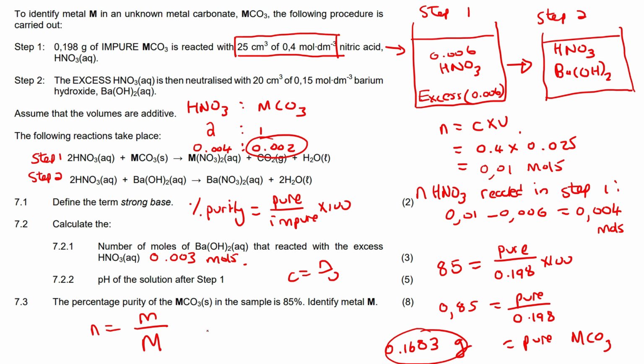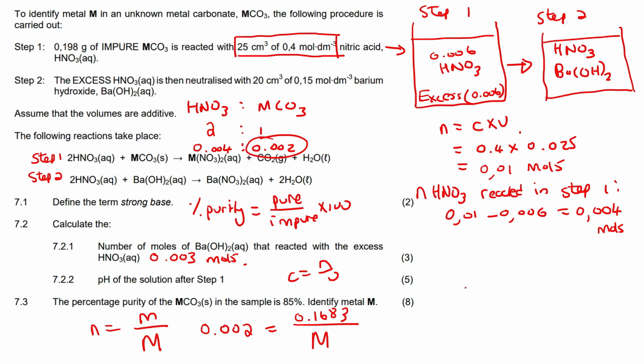And so moles is going to be 0.002. The mass is 0.1683. And there we go. Now to get M, you would take it to that side, and then you would end up dividing, getting 0.1683 divided by 0.002, and that's going to give